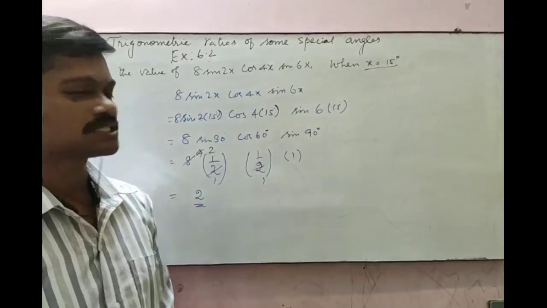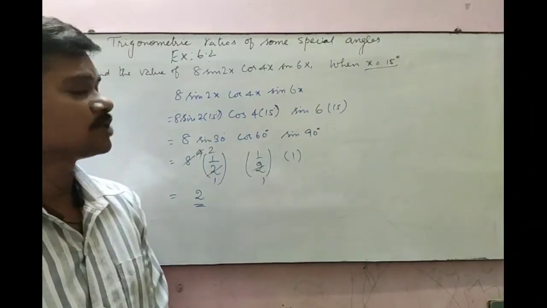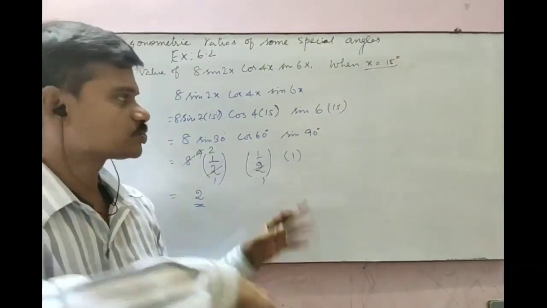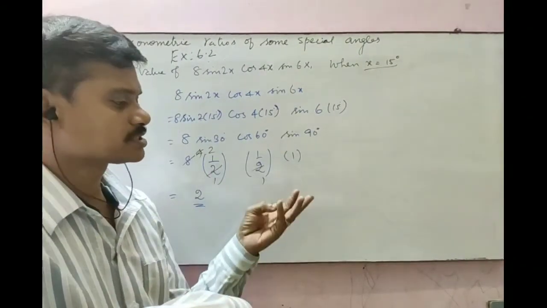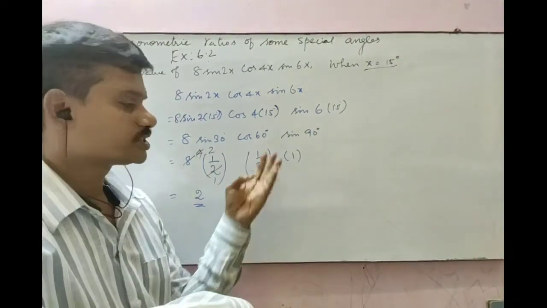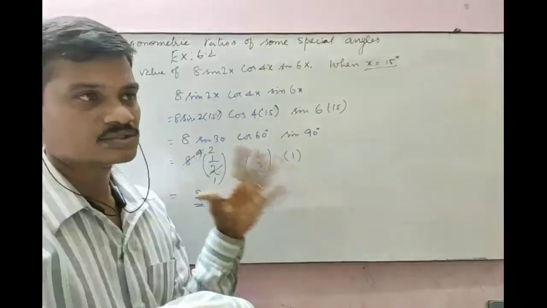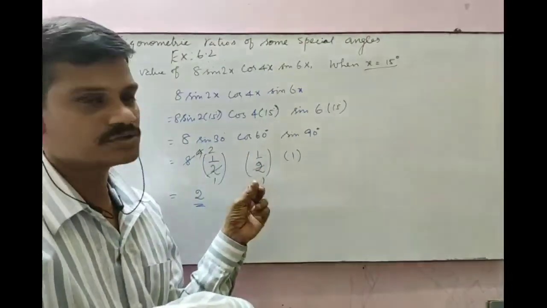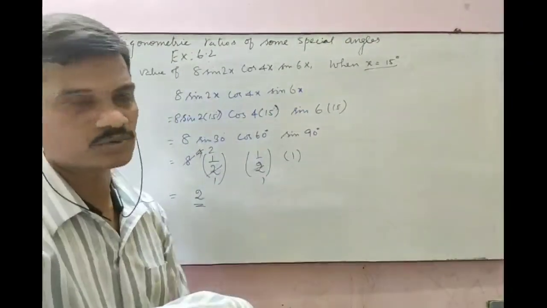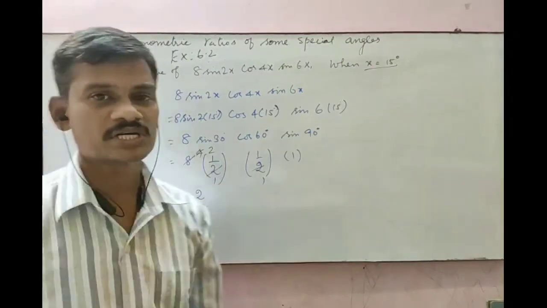Okay students, with this the exercise is over. You have to understand the table values and memorize all the table values for the 6 trigonometric ratios: sin, cos, tan, cosecant, secant, cot with 0 degree, 30, 45, 60 and 90. You have to memorize those table values, or you can practice the values I taught you. Then practice the sums and write all the sums in your classwork note.